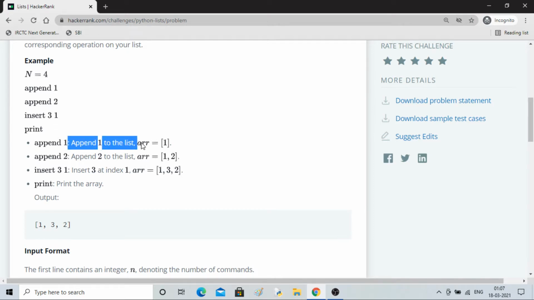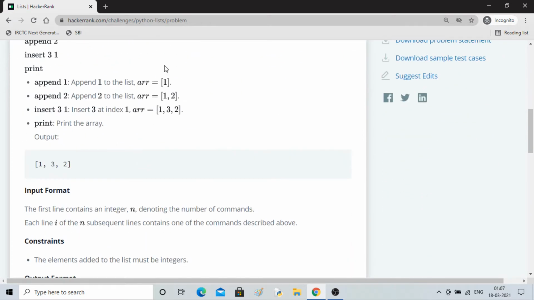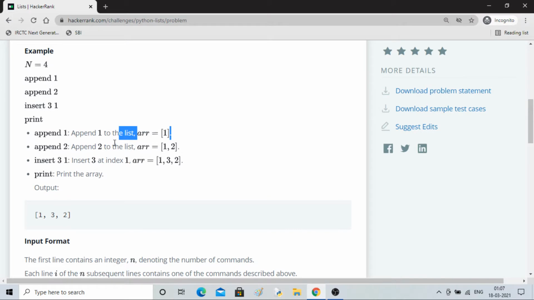Okay, so appending means appending one to the list. Here is an example. I think we have taken the list in empty form, and then we are using all the commands. Here you can also see appending 2 means it is appending from the right side, and insert means at what position you want to put what value. So insert 3 at index 1.